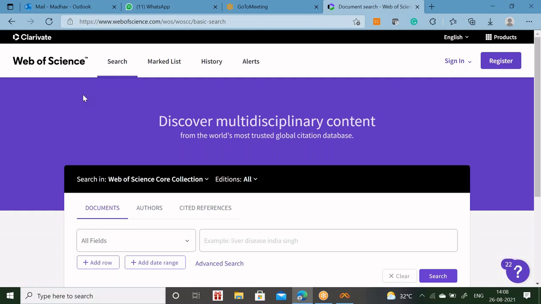The Web of Science database will show the articles which are published in top indexed journals, and Web of Science will show the author credentials, publication credentials, and also provides reference management. So all these things you will get from the Web of Science. The Web of Science basic page will be like this. If you have the subscription of Web of Science, you can sign in and access it.